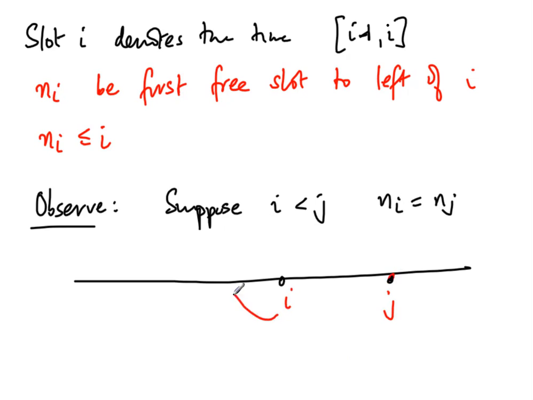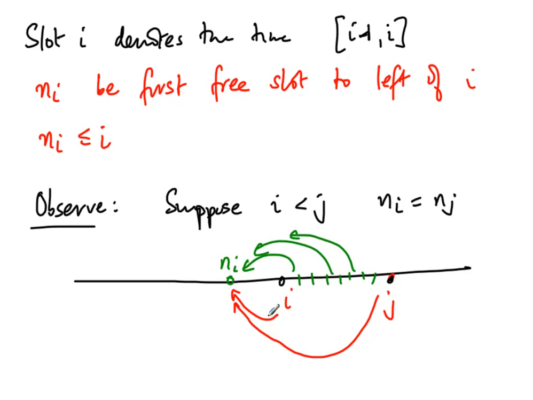And for both of them, the first free slot to the left is the same. Then for every intermediate slot also, this must be the first free slot, right? So none of them can find any slot which is further to right. So everything from i to j has the same left endpoint in terms of the first free slot to the left. So I will say that i and j are in the same set